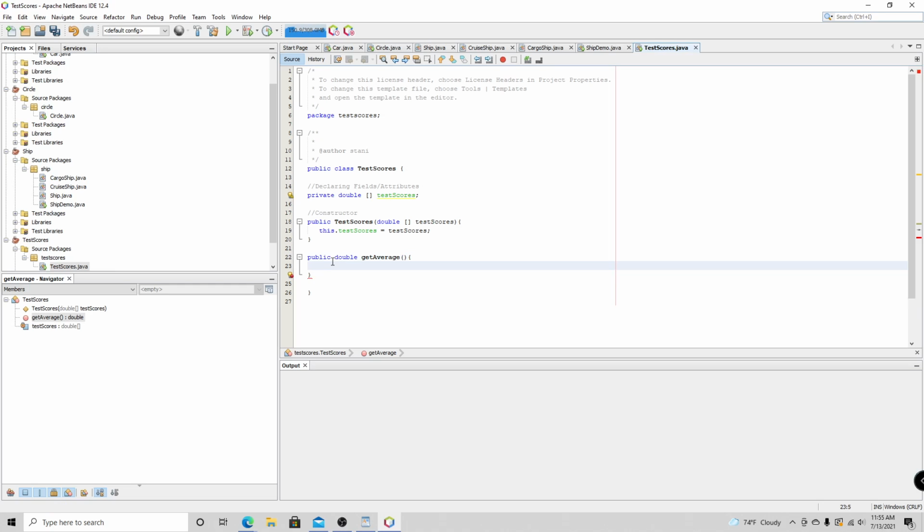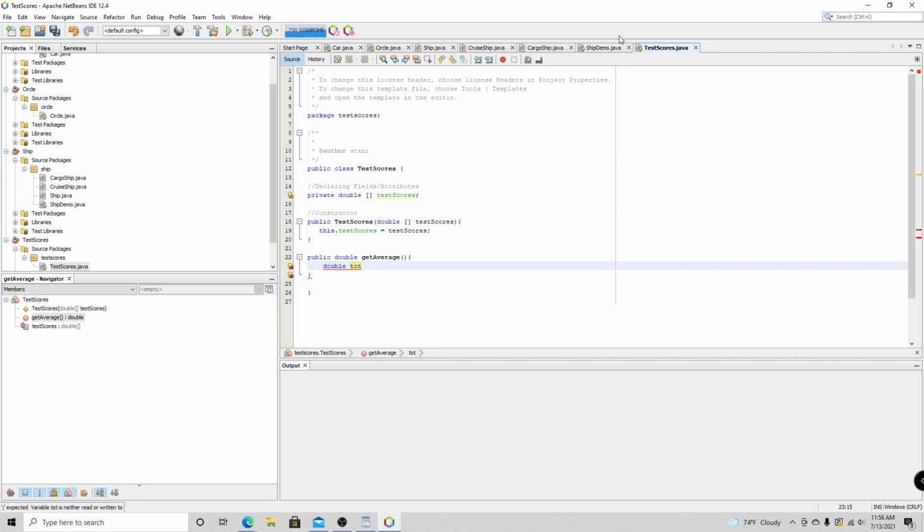All right. So now you think, what do I want the logic to be? Well, since I'm calculating the average, how do I calculate the average? So the average is calculated by summing all the items in the array and then dividing it by the number of cells, right? So number of items. So basically simple math, right? All right, so in this case, since you're going to do those operations, you need to use some variables to store that data. So the first one is going to be double